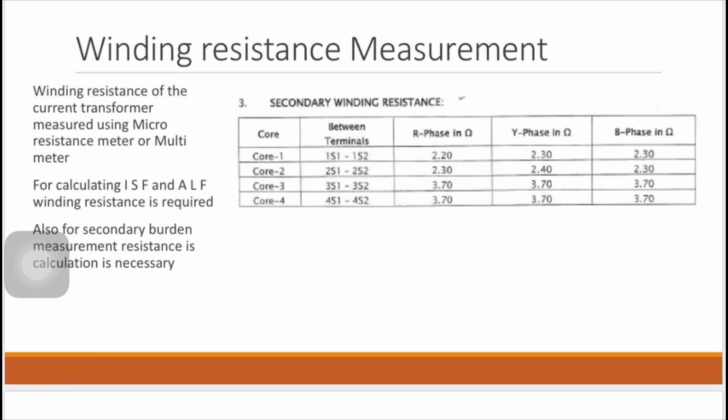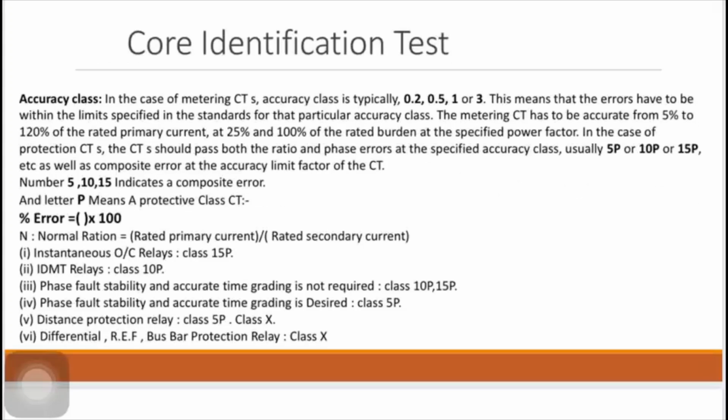The RCT, the CT resistance, RL, the load resistance, and RW, the wiring resistance. These will help us determine the calculation of ISF and ALF, and also help us calculate the burden. In general, there are three types of cores available: